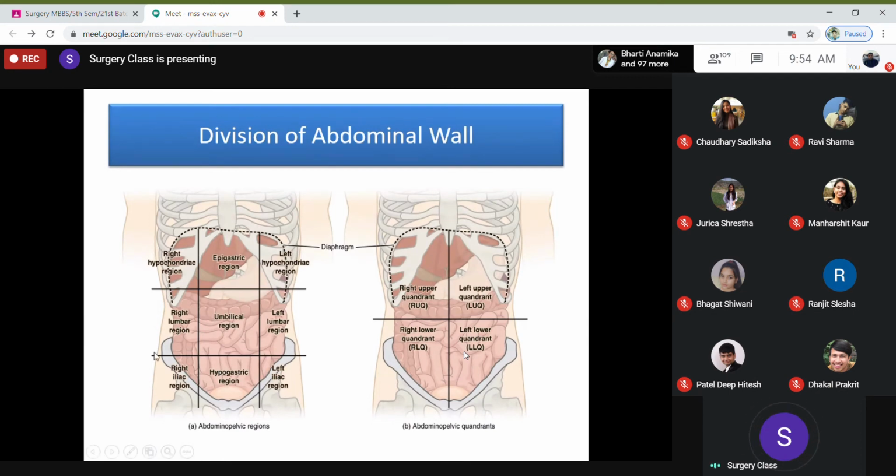And the transverse line joins the highest point of the iliac crest, diagrammatically, and the lowest point of the costal margin, and that makes the 9 zones or regions. The right hypochondrium, left hypochondrium, epigastric region in the center, right lumbar, left lumbar, and in the center, right iliac fossa,